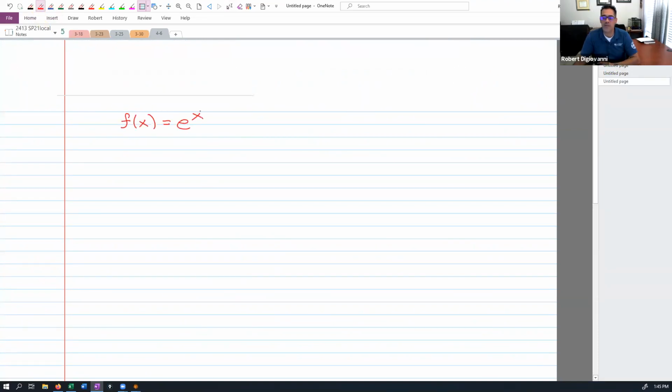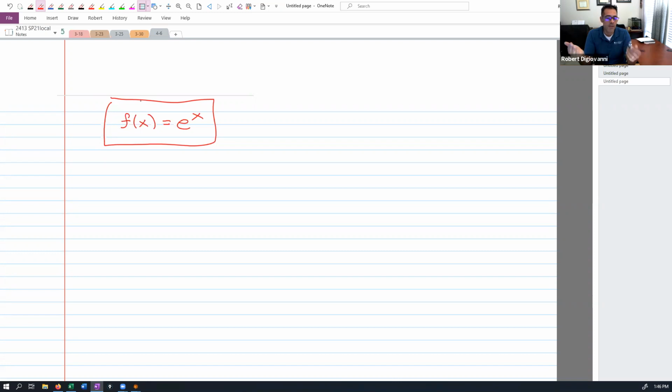It's e to the x. That is the one. And it's the only one. It's unique. There are no others that do it. This is the only one. So we can't explain why it is the only one. It just kind of naturally is. We have no other explanation other than to say that's the one, okay? So it became our natural exponential function. It's the one that has this beautiful